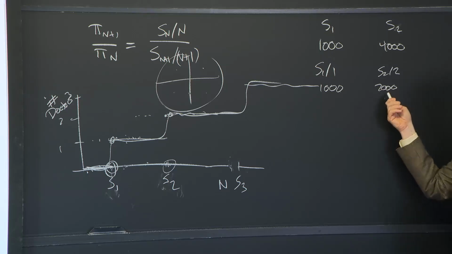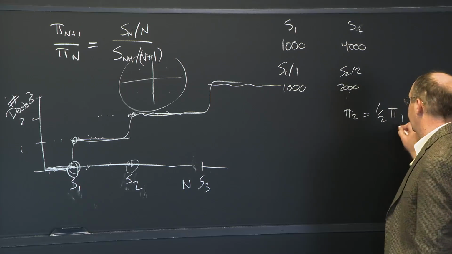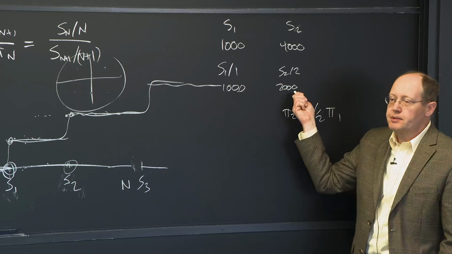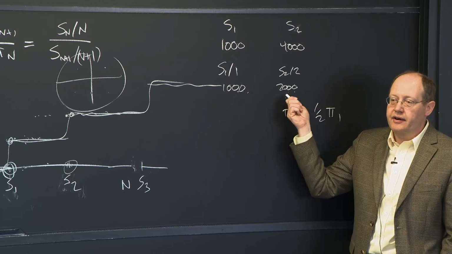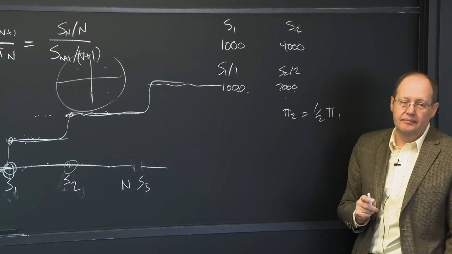And from that, we infer that it must be that pi 2 is just 1/2 of pi 1. So this ratio of this to this is how much profits per person must have declined, for the second doctor to not come in until the second doctor would get many more patients than the first doctor got.